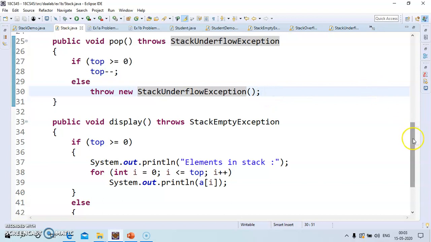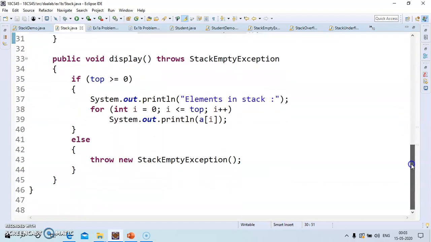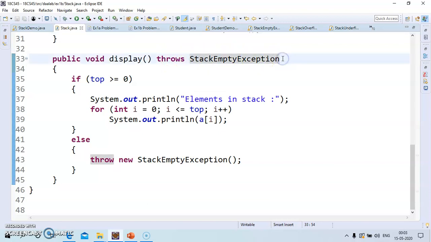Okay, that's all. Next we come to the display method. This is a method called display, public void display. This throws an exception called StackEmptyException if there are no elements in the stack. If top is greater than or equal to 0, that means there are elements in the stack, so display them: take a for loop from 0 to top, and display all the elements a of i.